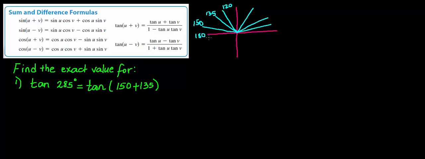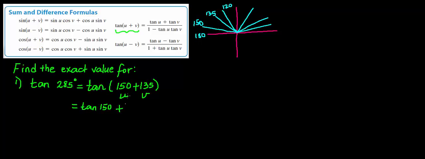Now following the addition formula for tangents, which is this one here, it says that when you have a tangent with an addition of two angles, it will be equivalent to this. So let's go ahead and simplify using this formula. This will equal the tangent of u. Remember, your first angle is u, your second angle is v. So tangent of u, that means tangent of 150